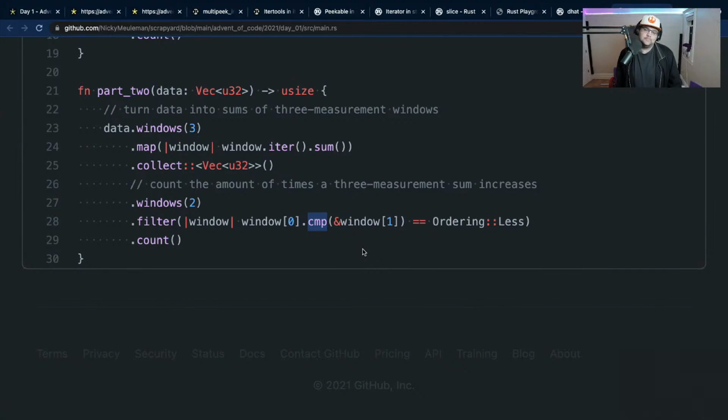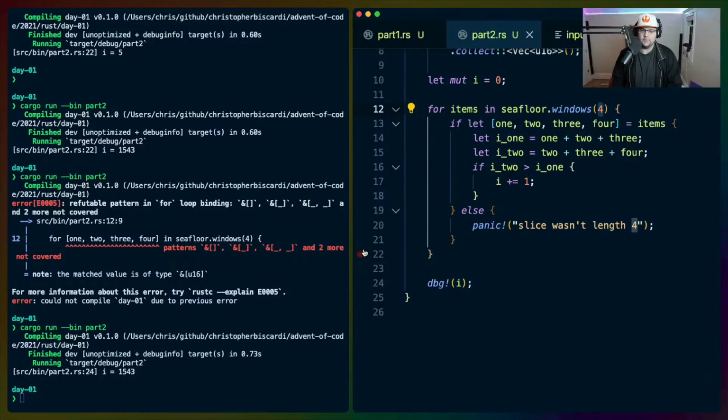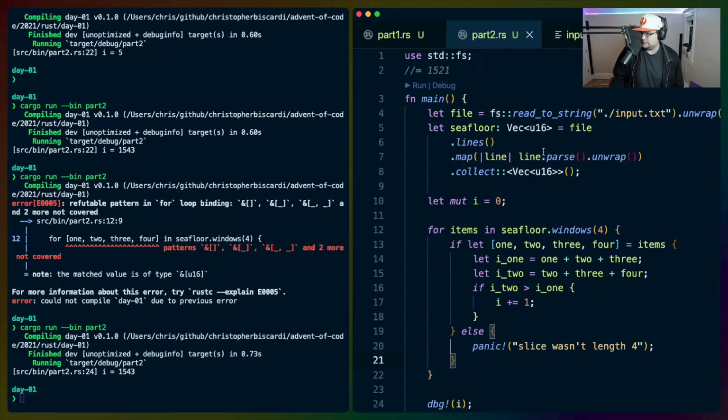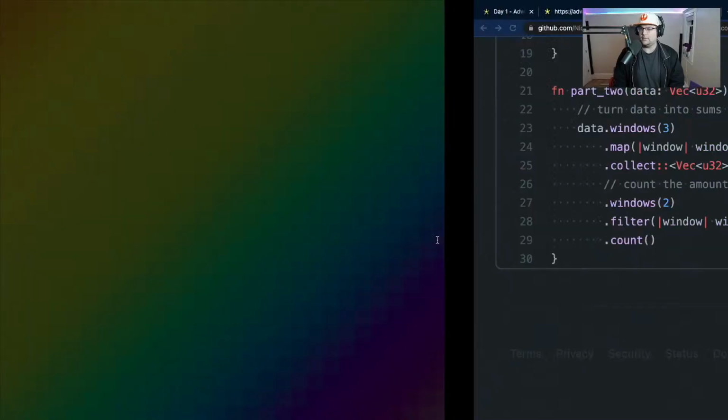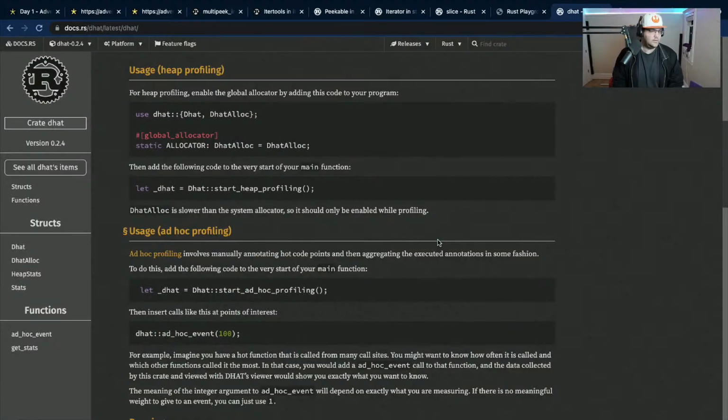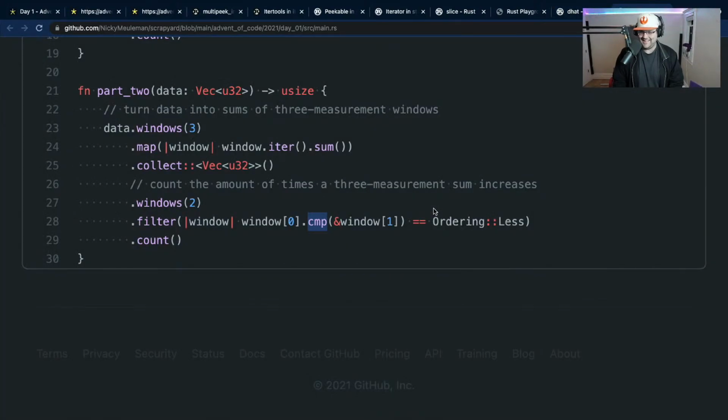So if you're summing them and you're mapping over them, do you need to collect there? I feel like, well, it doesn't really matter because we're dealing with like integers and small stuff, but I think that collect doesn't need to be there per se. I don't think there's any way that I really want to improve this. I am going to start taking a look at dat now, I think. Yeah, the compiler got angry if I didn't.